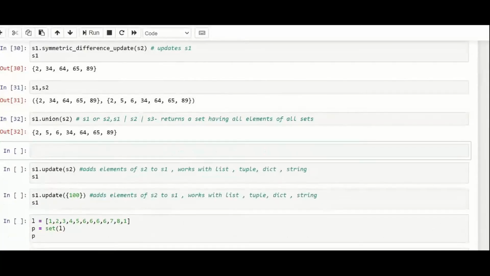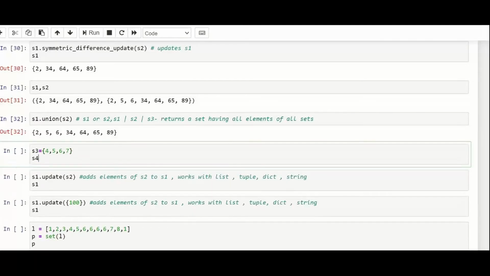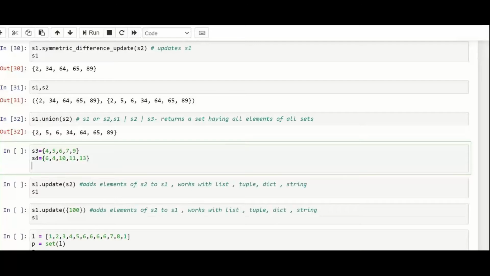If I have the value of S3 as 4, 5, 6, 7, and S4 as 6, 4, 10, 11, up to 13, and here I also have the value 9, when I do S3.union(S4), what will the output be? Please respond in the chat window.